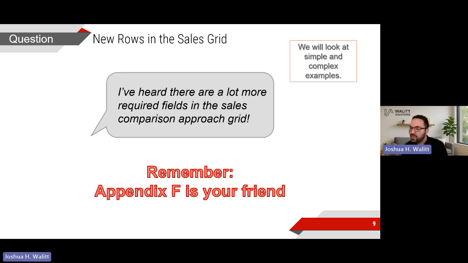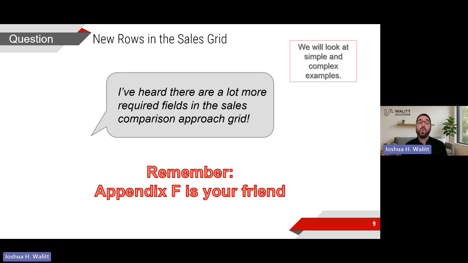And it looks like we've got a question, where is Appendix F? So I did answer that question. You can Google Fannie Mae UAD, and you will see all sorts. You will see more information than you ever wanted to know about UAD and the new URAR. Let's take a look. We've got a question. How can you show how the form is filled in real time? That's a software question, right? That's a software question because you're going to fill it in differently depending on the software provider you use. So I can't show that. You'll want to look at demos of your own software provider and kind of shop around, see what you like.